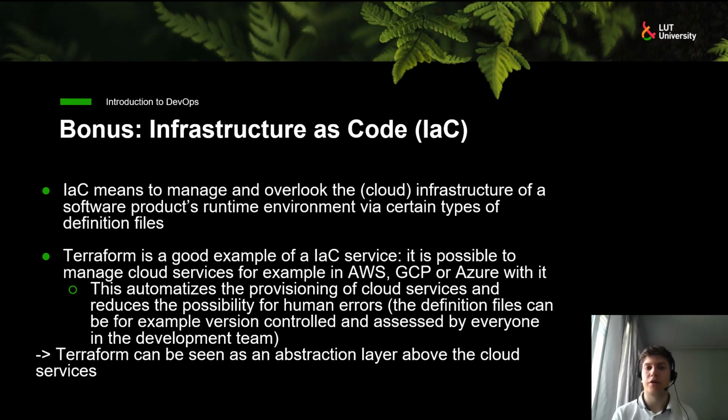in the file it is defined what cloud services are to be used with the application. So for example, the file would include in this case the Azure Web App Service, and then the PostgreSQL service and the Functions service, and the idea is that the file can be version controlled and it can be viewed by all of the developers, and then the developers can know basically what kind of cloud resources are in use without accessing the cloud platform.